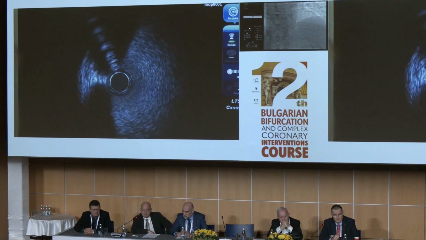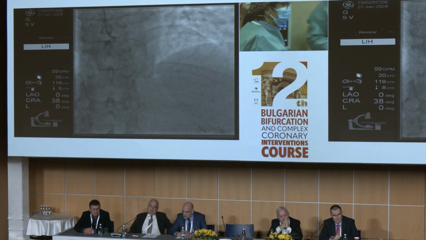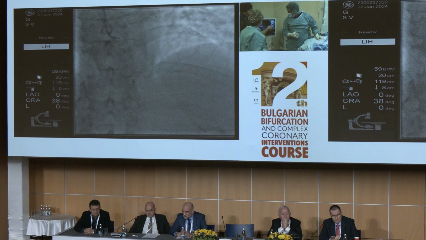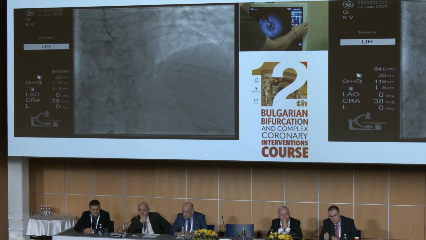Okay, I guess we are done. We disengage the catheter specifically to see the ostium. Now we can review the pullback. Can you see the pullback in the audience? The huge advantage of this system